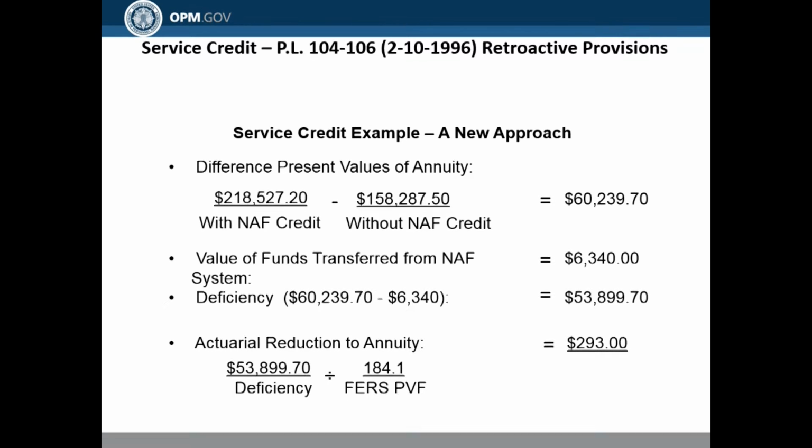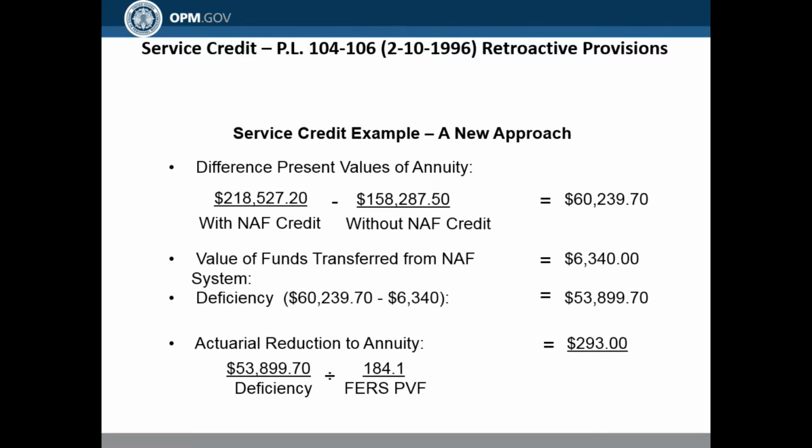Generally speaking, we have an office full of actuaries here, and one of their jobs is to come up with these present value factors. The present value factor is the number of months you're projected to live based on actuarial tables, based on your age. Again, we're not listing the age here, but those present value factors are linked to age. That's the number of months you are projected to live based on actuarial tables.